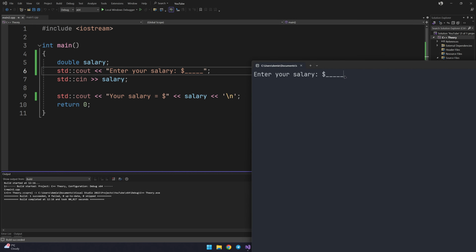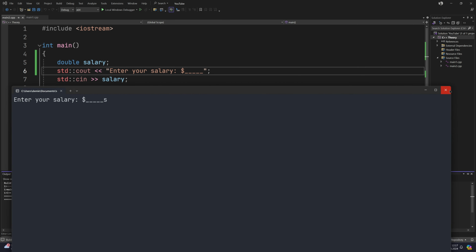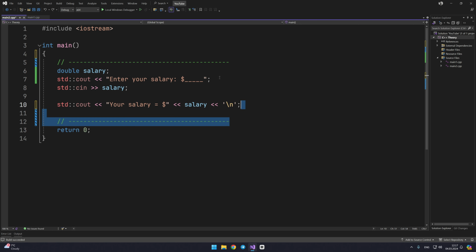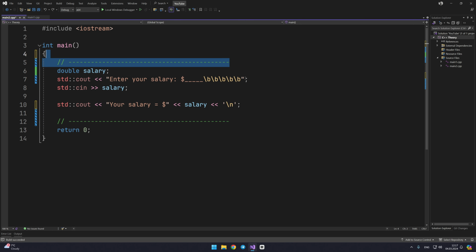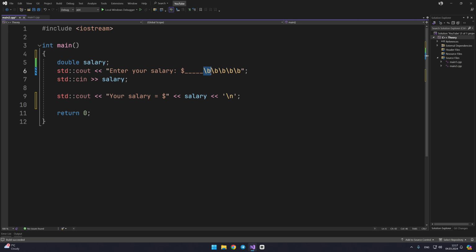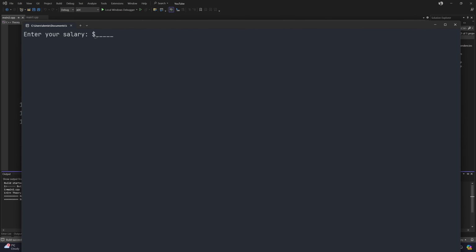But the problem is that if I run the program, the input cursor will be located next to the last underscore, and I want the user to enter information where the first underscore is. To do this, we need to move the cursor back a few positions, and for this, I can use this escape sequence. Each individual \b moves the cursor back one position, so I write as many of them as there are underscores. Now, when you run the program, the cursor will blink in the right place.